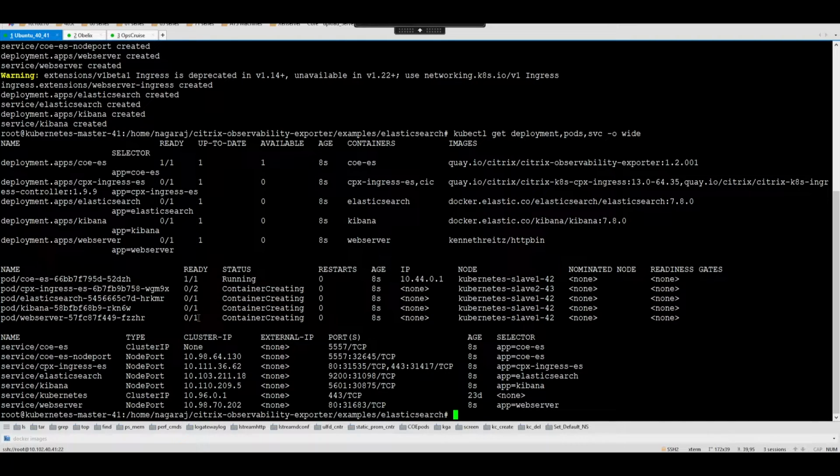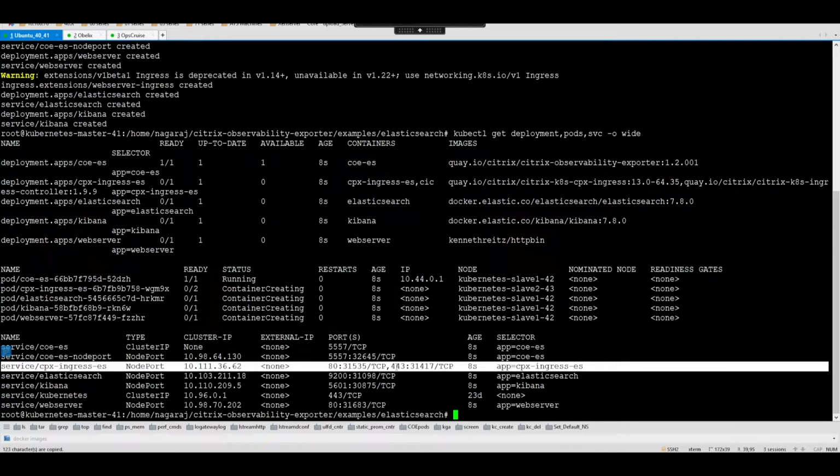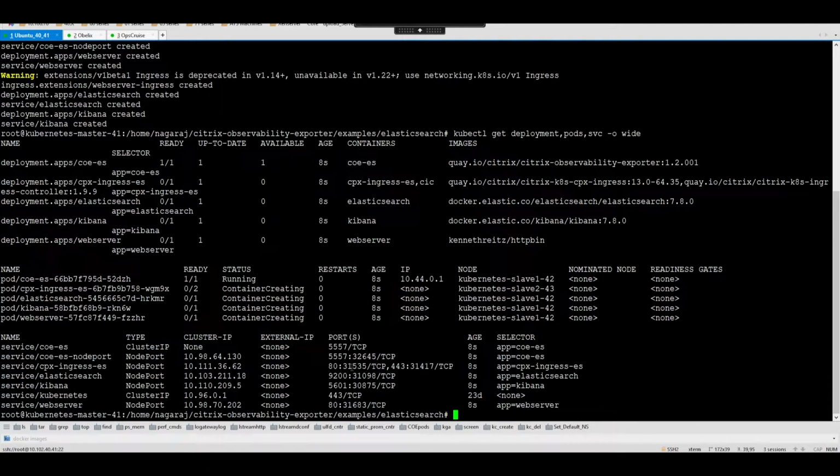Now, as the setup is going to be up in a few seconds, we will see the node port for the CPX ingress gateway. So here we have exposed the port 80 and port 443 as a node port, which we will use to generate some traffic.